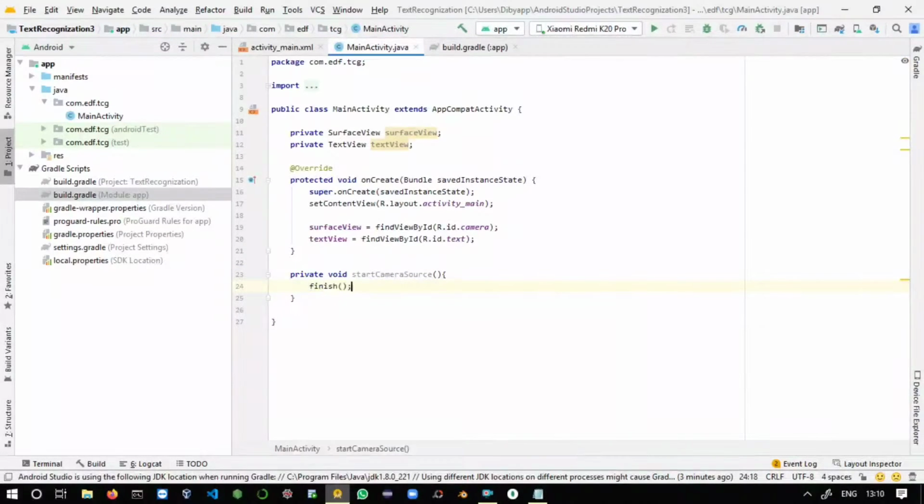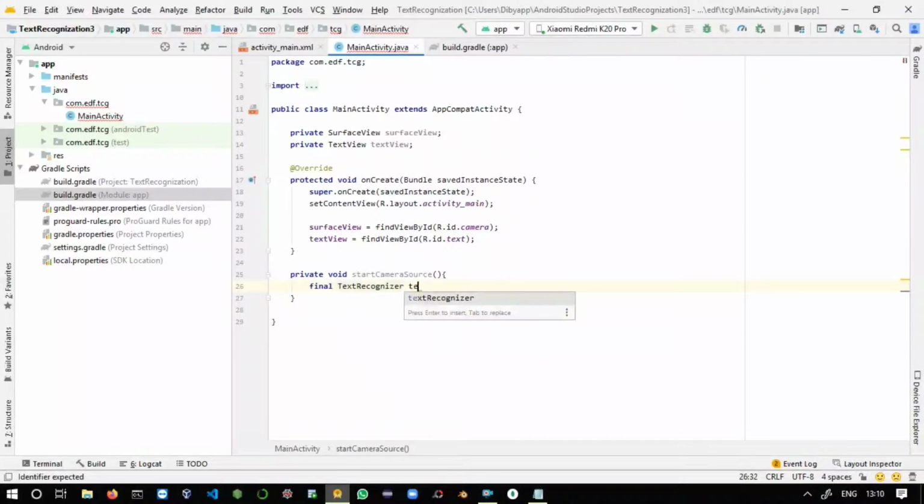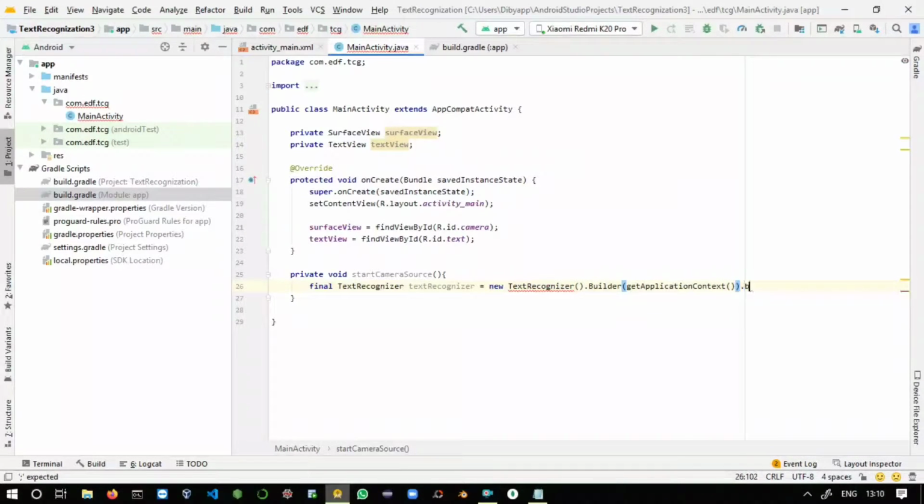Inside that you can say final TextRecognizer textRecognizer equals new TextRecognizer.Builder, and inside that getApplicationContext. Just go outside. Why is an error showing? It has private access. Let me complete this line first.